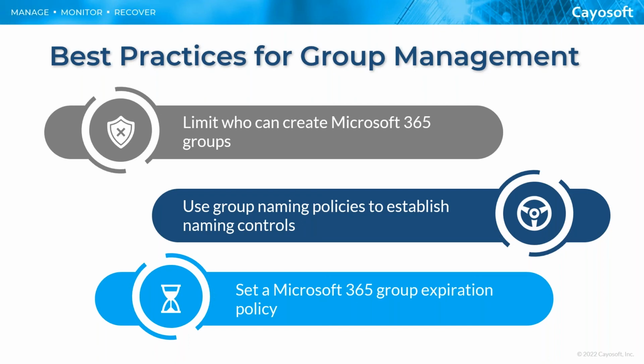Now, what happens if a group is accidentally expired? Maybe the group owner was on vacation or taking an extended leave and just didn't get around to renewing that group. Well, when that happens, the group is soft deleted. So that means that at that point, all of those services go away, but the owner has 30 days to go in and undelete that group, and then that will put everything back to the way that it was.